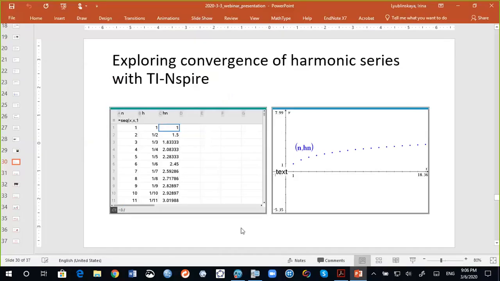So what's really interesting here is that, as we know, the harmonic series diverges, but it's very counterintuitive. While students think intuitively that it is converging, this is a perfect example where we can justify why we need to learn proofs in mathematics, because in real life, in our intuition, we only deal with finite objects, and here we're asking questions about infinity, which is very abstract, and we cannot really be sure unless we prove it mathematically. And of course, in calculus classes, students are expected to learn how to prove convergence and divergence of series, and they will prove that the harmonic series diverges.